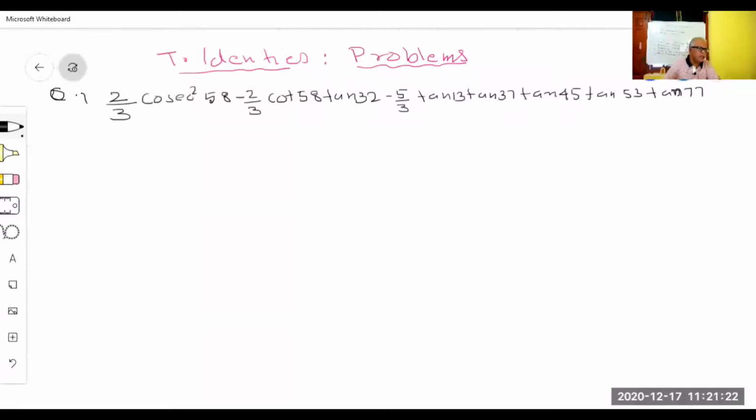So the solution for it is: cos square 58, 2 by 3 cot 58 and tan 32, minus 5 by 3 tan 13, tan 37, tan 45, tan 53, tan 77. On simplification, we will see that it's a very small number, something like minus 1. Yes, minus 1 will be the answer. Okay, so the solution is